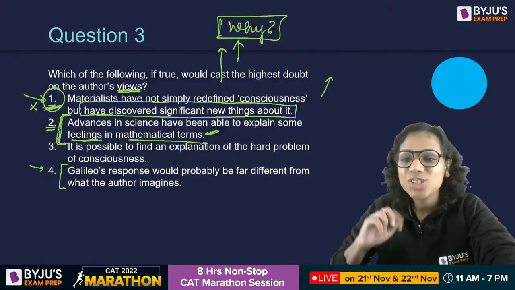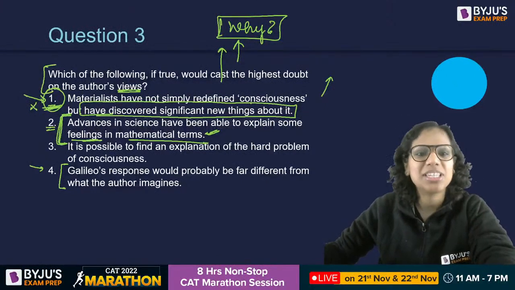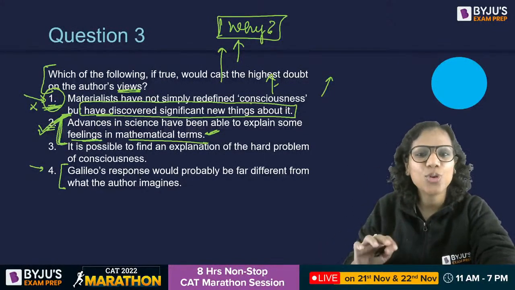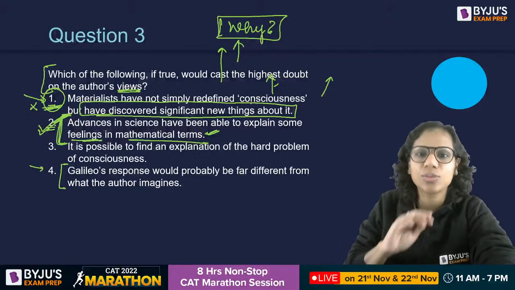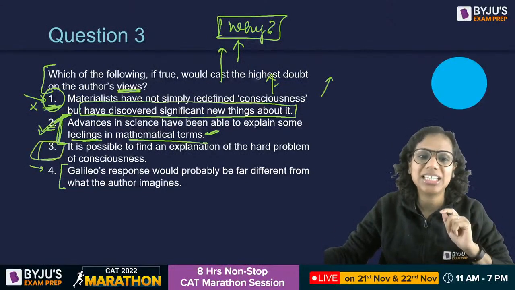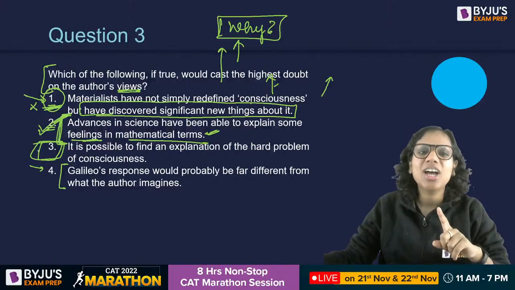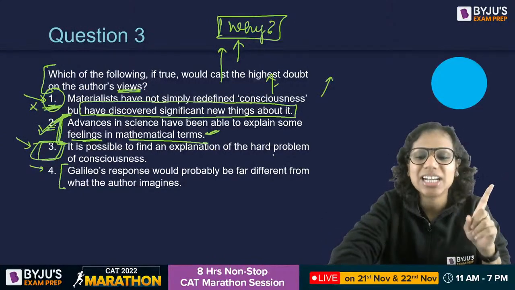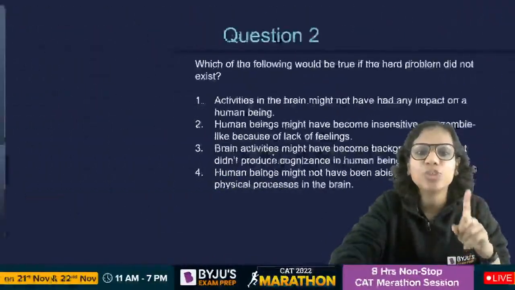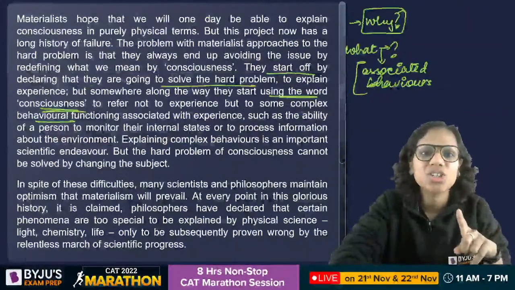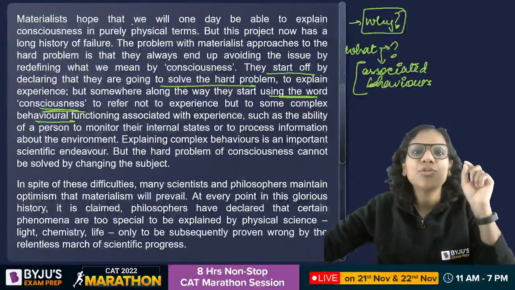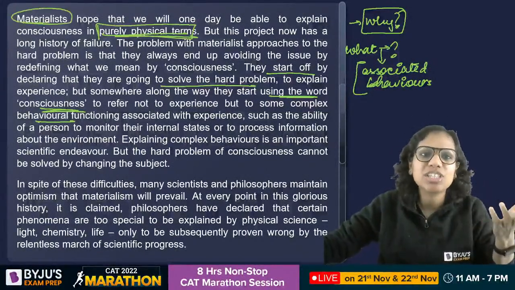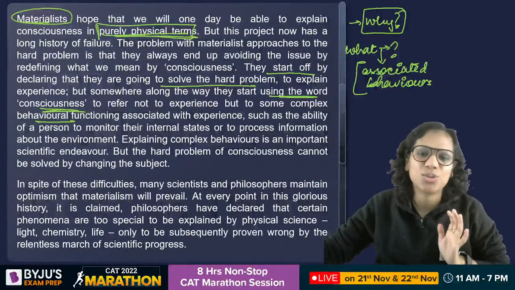So, actually, yes, this is a critical reasoning based question, and 2 is the one that would cast the highest doubt. We'll come to 3 and 4 also, and I'll tell you how through elimination also you could arrive at it. Those who marked 3, you have been in a hurry. Okay, the author has not said at all that we can't find an explanation. Author has never said this, that we can't find an explanation for the hard problem of consciousness. Author's assertion is that we can't explain it in purely physical terms. Okay, we can't explain it in purely scientific, physical terms. Materialists can't explain it, right?